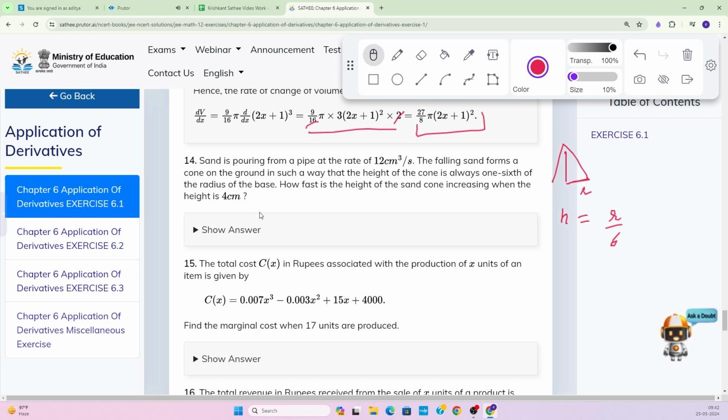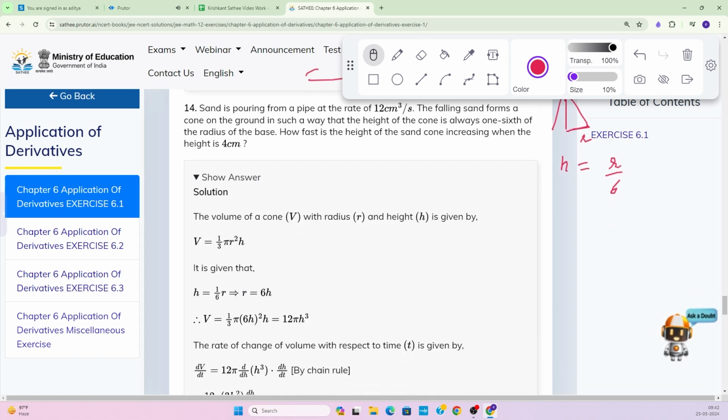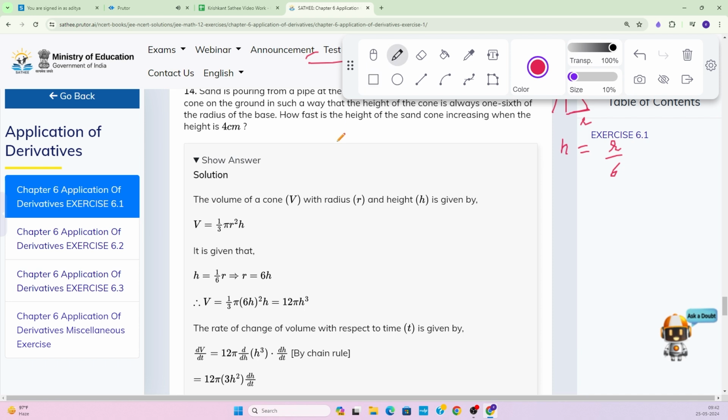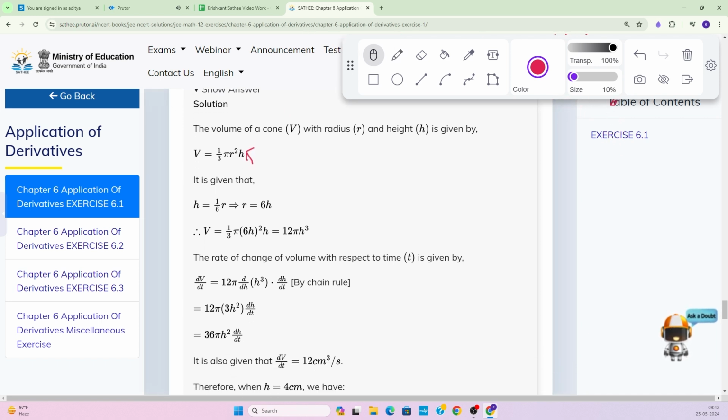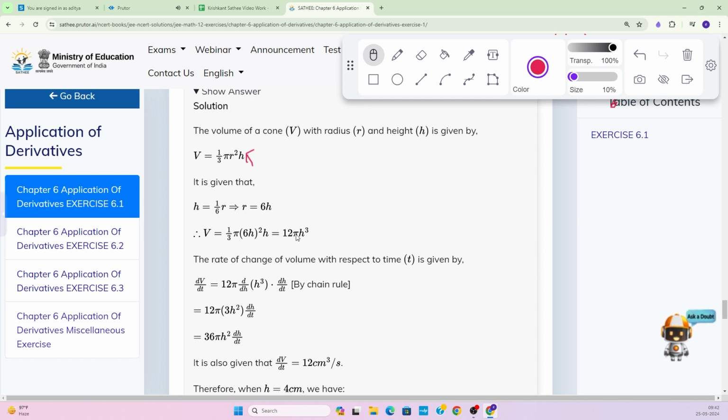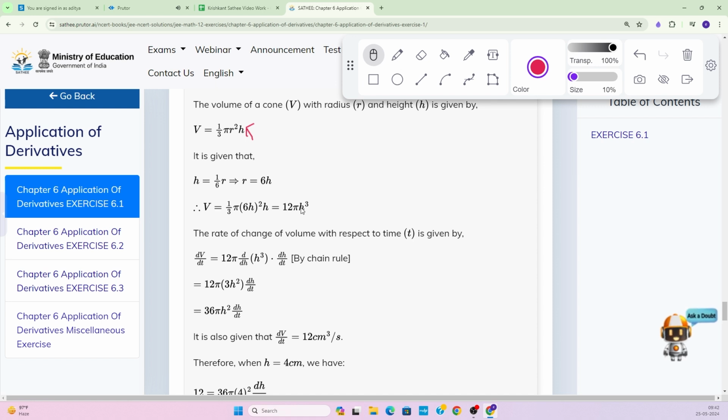Let us see. First of all, this relation is a must. If you can crack this, then you will get your answer directly, no issue. You know the volume of the cone, it is just 1/3 pi r square h. This is simple. Now you know the h and r relationship. Put your h back here. You will get v in terms of r clearly. So this will be 12 pi h square. Now in terms of h, so we are replacing r.